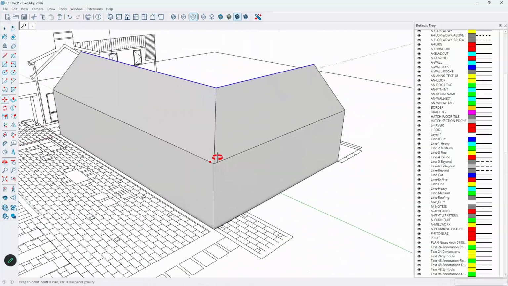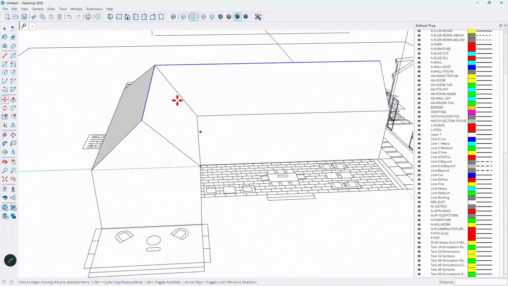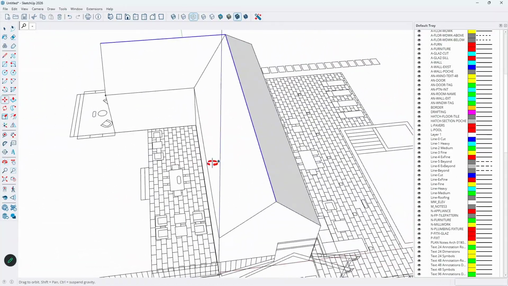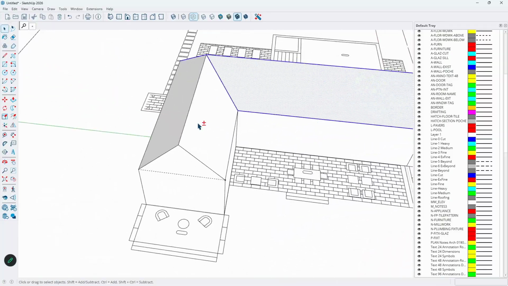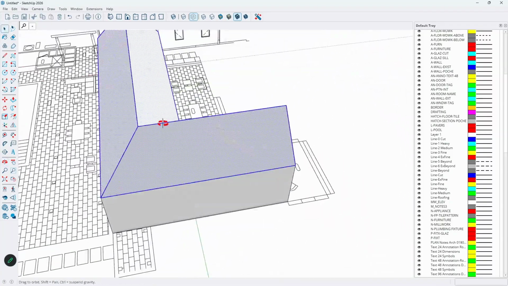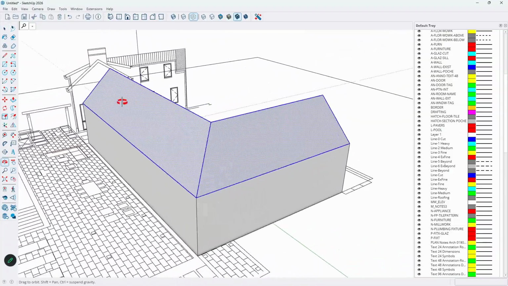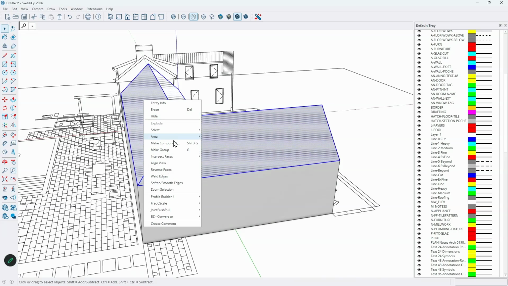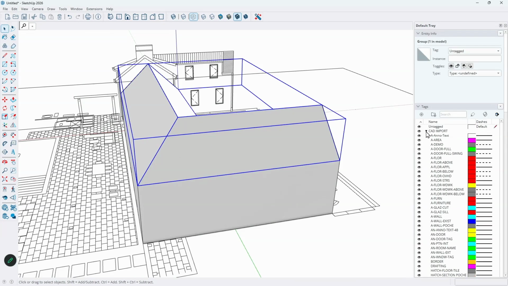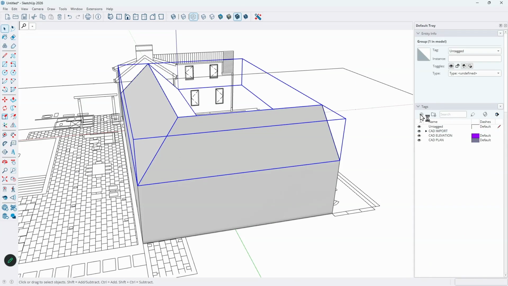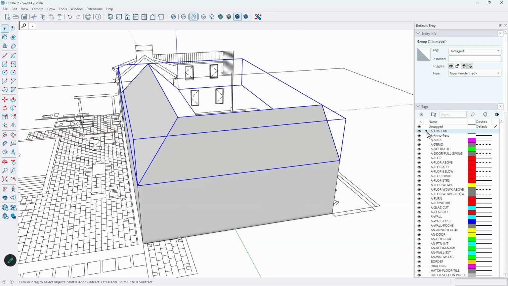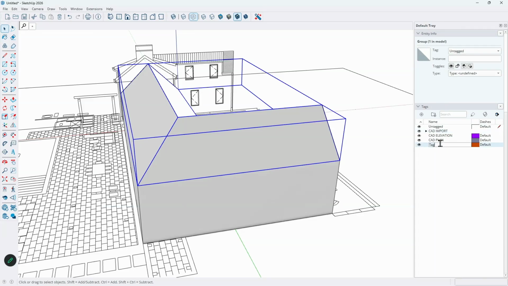So this might be enough to start to give the client an understanding of the massing, but this isn't completely accurate. What I may need to do is organize this a little bit better. So I'm going to take the roof now that I have, group that, and organize as I'm planning here. So I'm going to add a new tag. Because I have all this CAD information and I don't want to lose it, a little trick I do is I hit the space bar before, and then I type in roof,